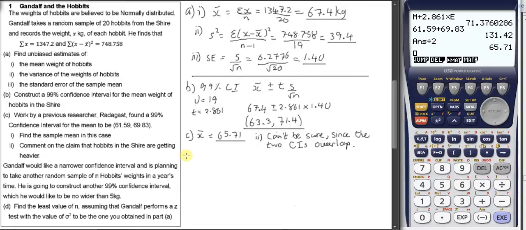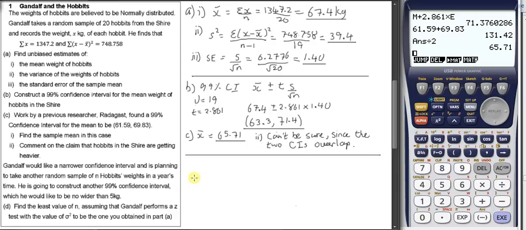Okay, now part D. Gandalf would like a narrow confidence interval, and he's planning to take another random sample of n hobbits' weights in a year's time with another 99% confidence interval, and this time he'd like the width of that to be no wider than 5 kilos. We're asked to find the least value of n, the number of hobbits he needs to sample, assuming Gandalf performs a z-test with the value of the variance to be the one we obtained in